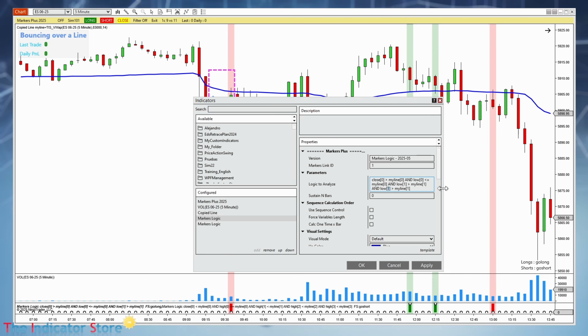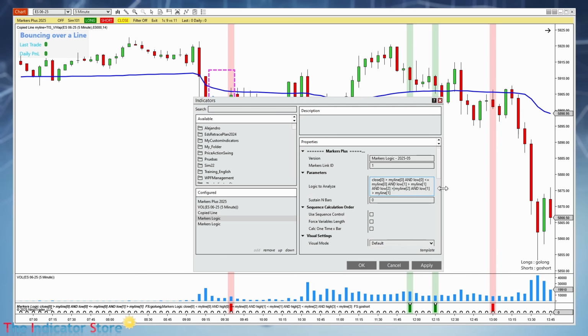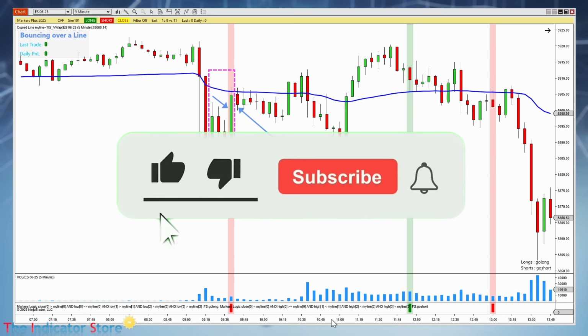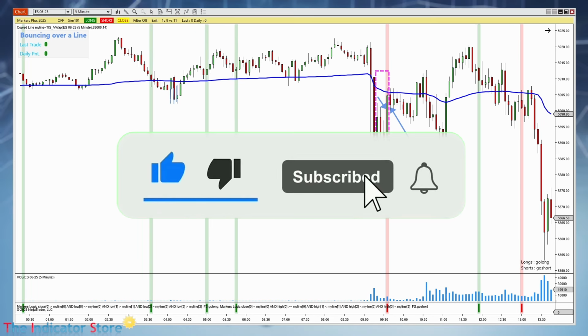Low 2, low 3, greater than my line 3. So the low 2 bars ago is greater than my line 2 bars ago. The low 3 bars ago is greater than my line 3 bars ago. Okay, and now this is gone, but this remains. Okay,